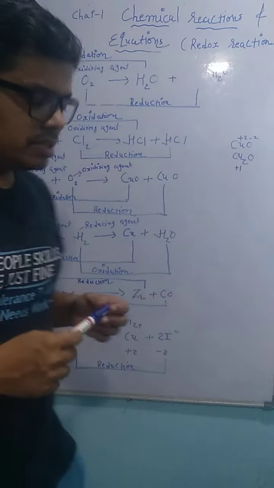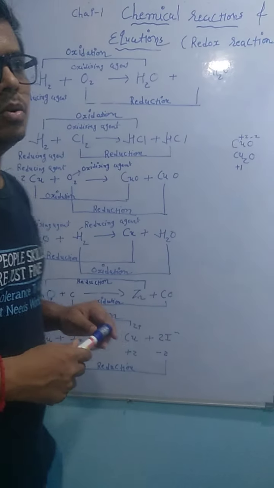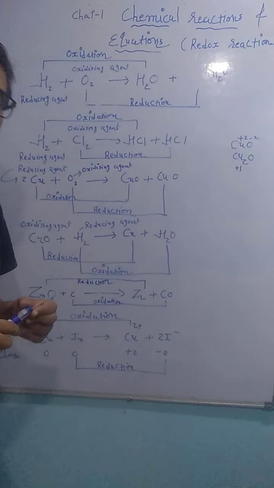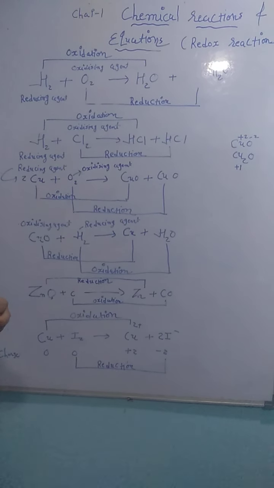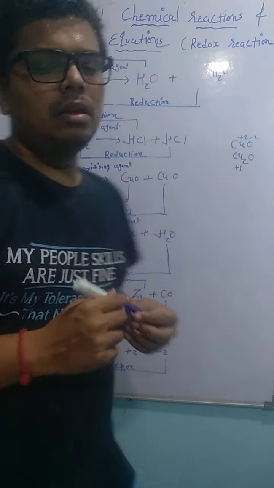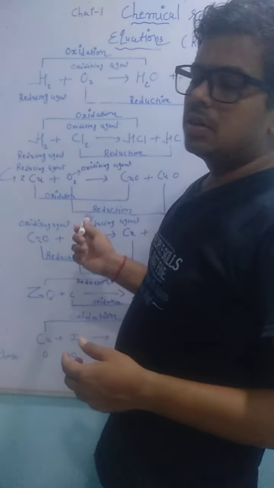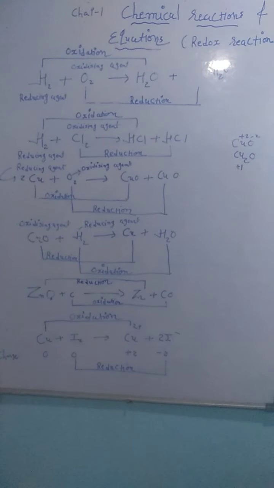Today we will continue with redox reactions. In this topic, the hot questions are: what is the reducing agent and what is the oxidizing agent? We already know many definitions of reduction and oxidation, as well as reducing and oxidizing agents. Many times in the exam it asks which is the reducing agent and which is the oxidizing agent in a particular reaction. Always remember that in any reaction, one substance is undergoing oxidation and the other is undergoing reduction. In simple words, we can say that in any reaction one is an acid and the other is a base. We will learn about acids and bases in the next chapter.